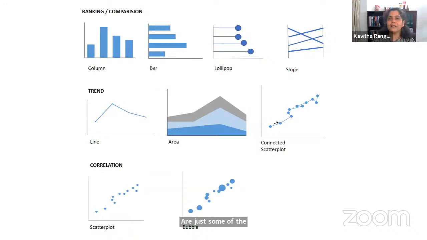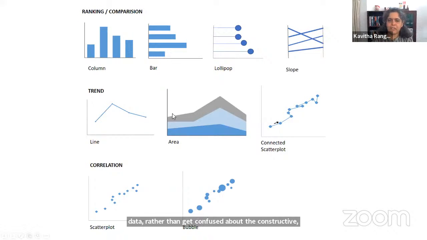There are graphs and more graphs, but going by what your audience may or may not understand, usually it's a good idea to go with something familiar, something that your audience knows so that they can actually concentrate on the insight and the data rather than get confused about the construct itself.